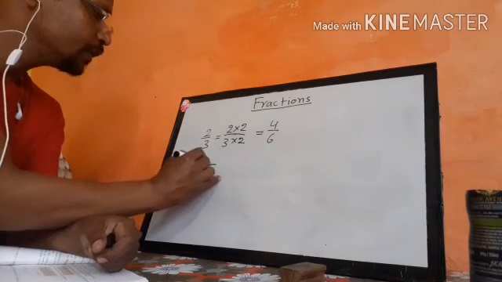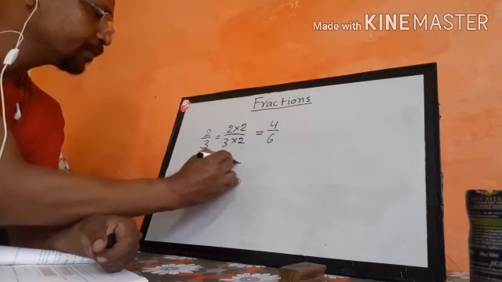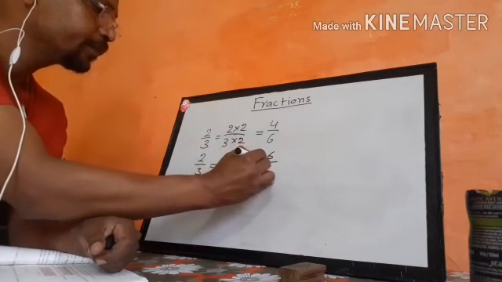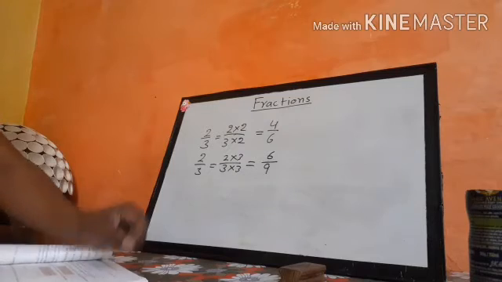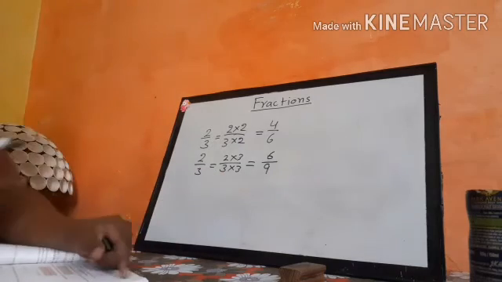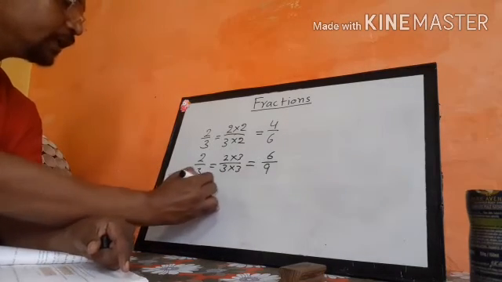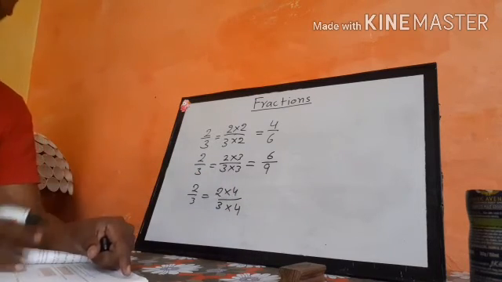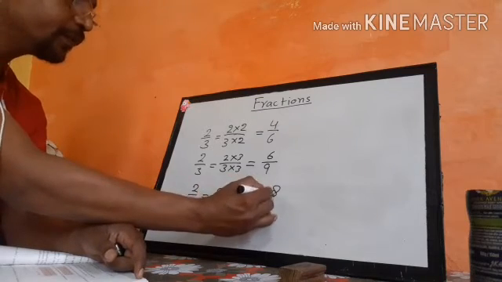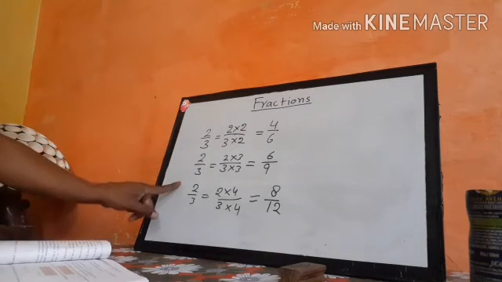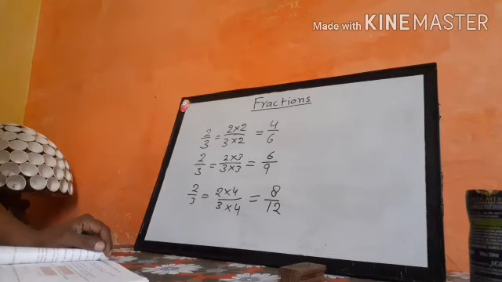Similarly, if we multiply it by 3, we will get the next equivalent fraction. So here 2 3s are this value and 3 3s are this value. Similarly, 2 upon 3 if you multiply it by 4, you will get the next equivalent fraction 8 upon 12. So this is the procedure by which you can get the next equivalent fraction of a given fraction.